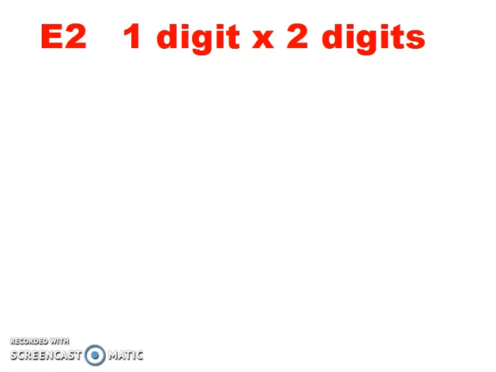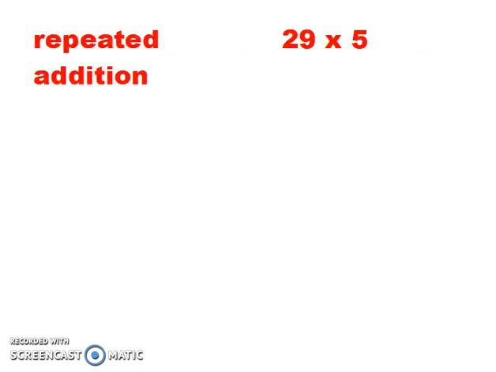It's video E2 to show you how to multiply a 1-digit times a 2-digit number. I'm going to show you a couple methods today, not the standard algorithm yet though. Our first method is repeated addition. So if I got 29 times 5, I could go 5 plus 5 plus 5 plus 5 plus 5